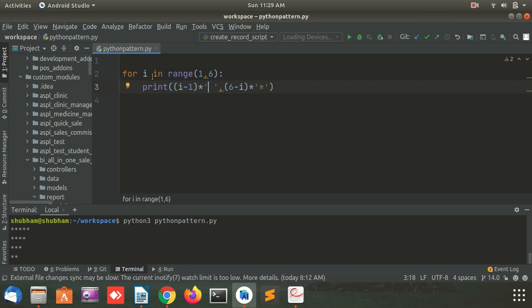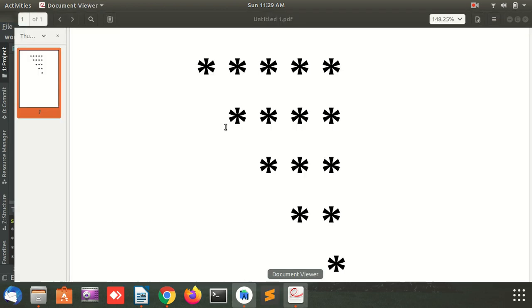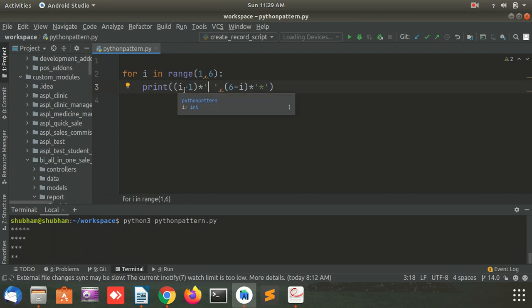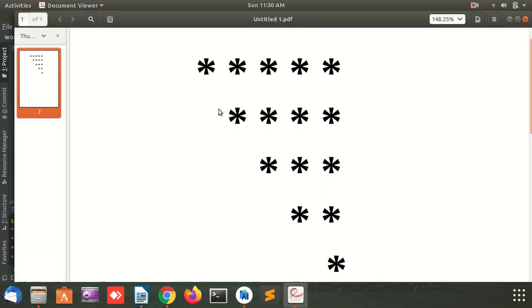So first time i value is 1, so 1 minus 1 means 0, so 0 spaces in the first line. After, we need 1 space over here, so second time i value is 2, so 2 minus 1, so 1, so 1 multiplied by space means 1 space